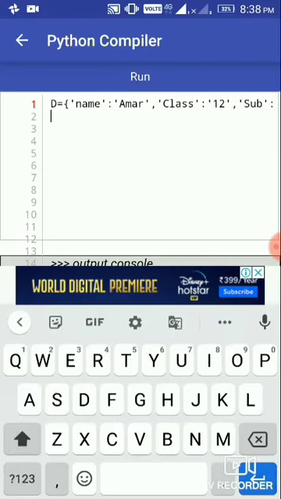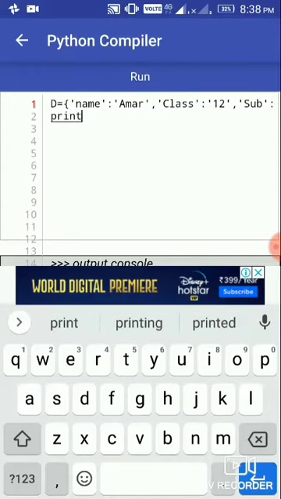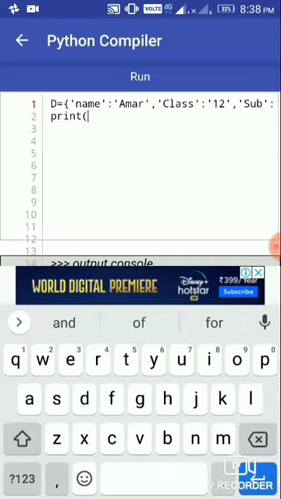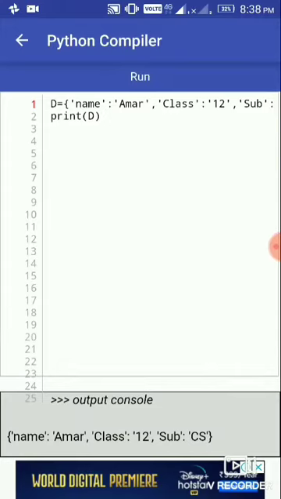Then I try to print this dictionary, with the same print function and the variable name D for dictionary. Then closing the bracket and running it, we get here name Amar, class 12, subject CS.